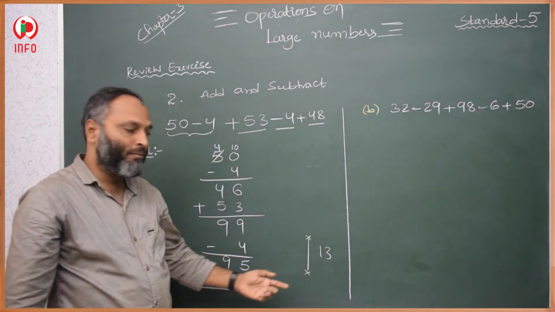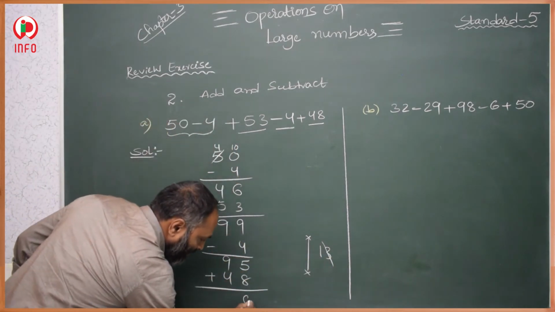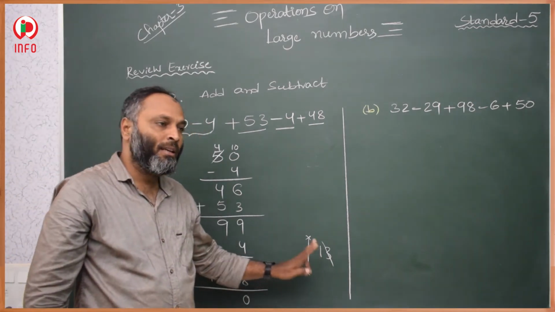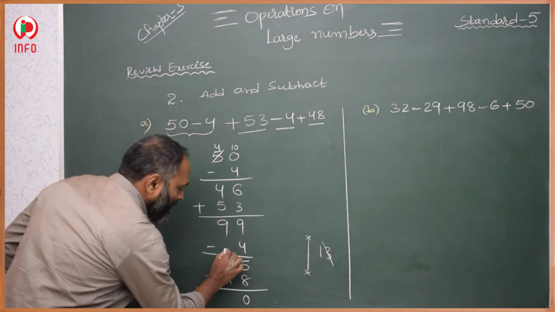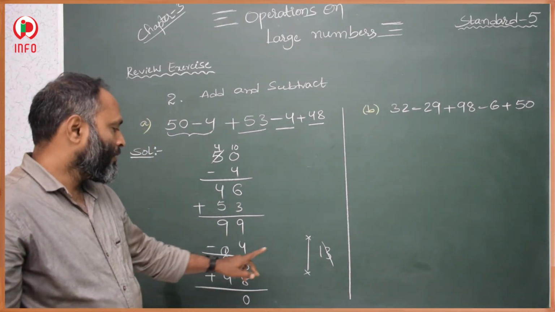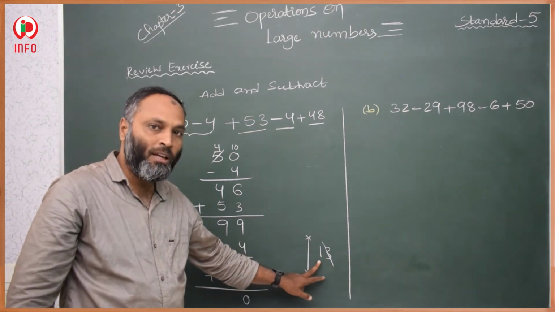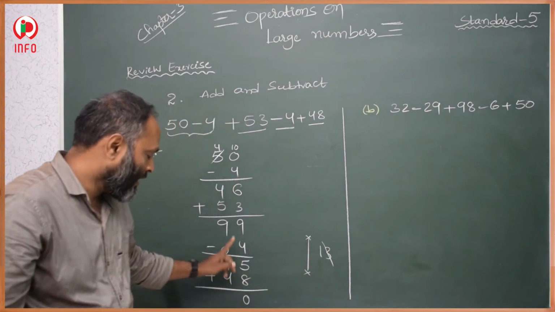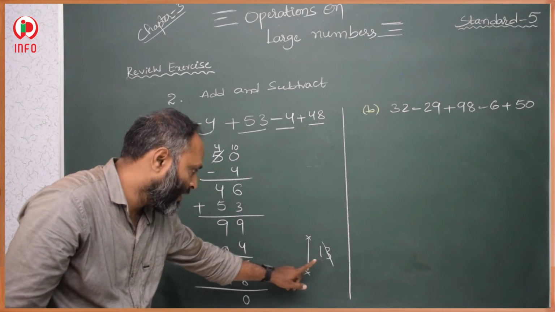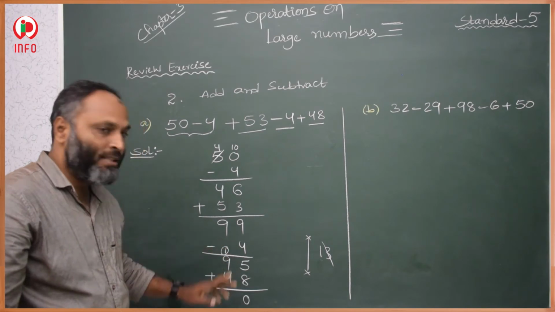Whenever a double digit number comes, first the ones place we have to take exactly below the addends, and whatever is left, that is the tens place, we have to keep in the very next digit, on top of our tens digit. Whenever a two digit number comes, the ones digit goes exactly below the addends, and the tens digit we keep on the next place, on the tens digit.